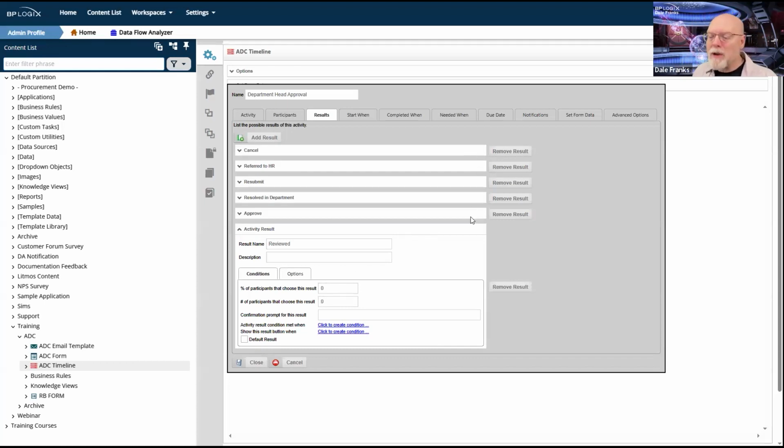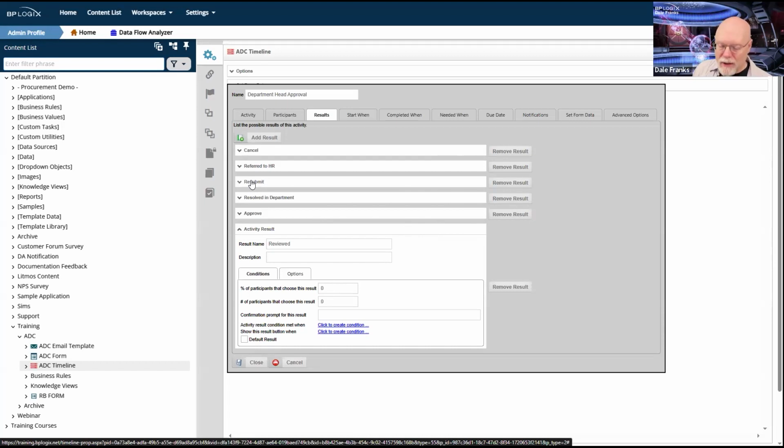So now my result set is a little complicated. I'm going to need, obviously, the appropriate conditions to show different results at different times for different activities. Resubmit, I always want to see, so at least I don't have to worry about that. I guess the first resolved in department only for complaints, approve only for PTO. So we have to go through and figure all of these conditions out and set them.